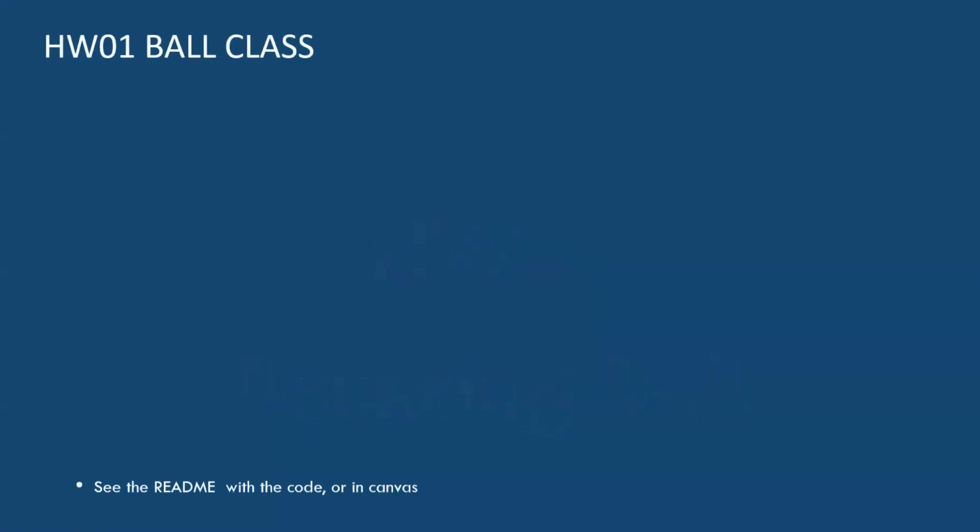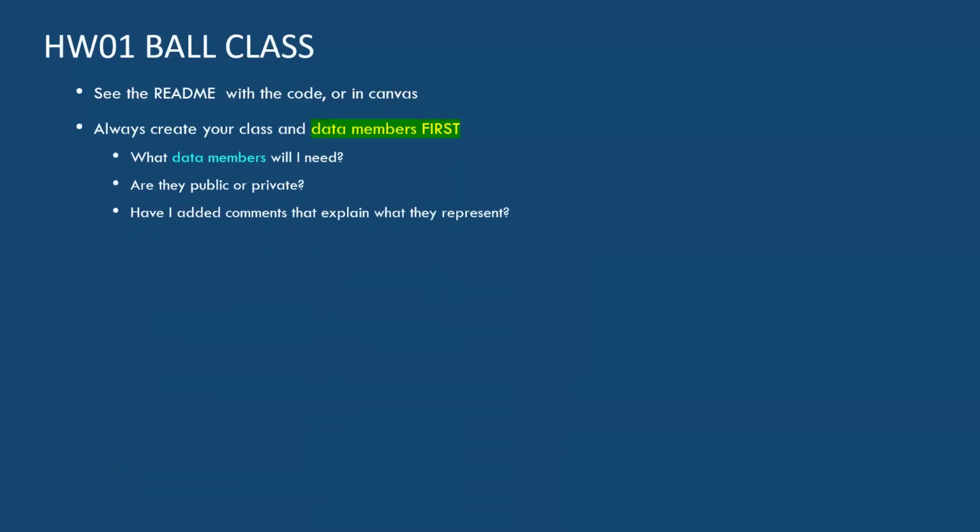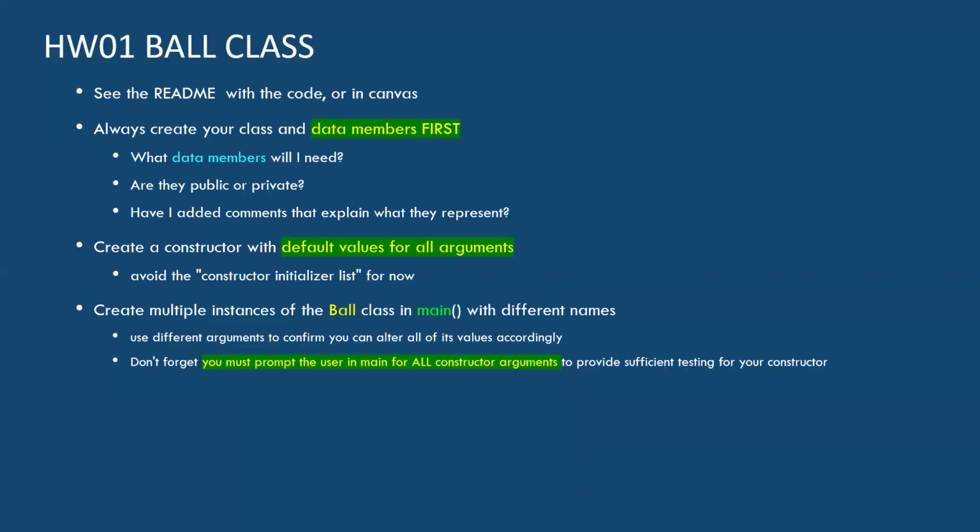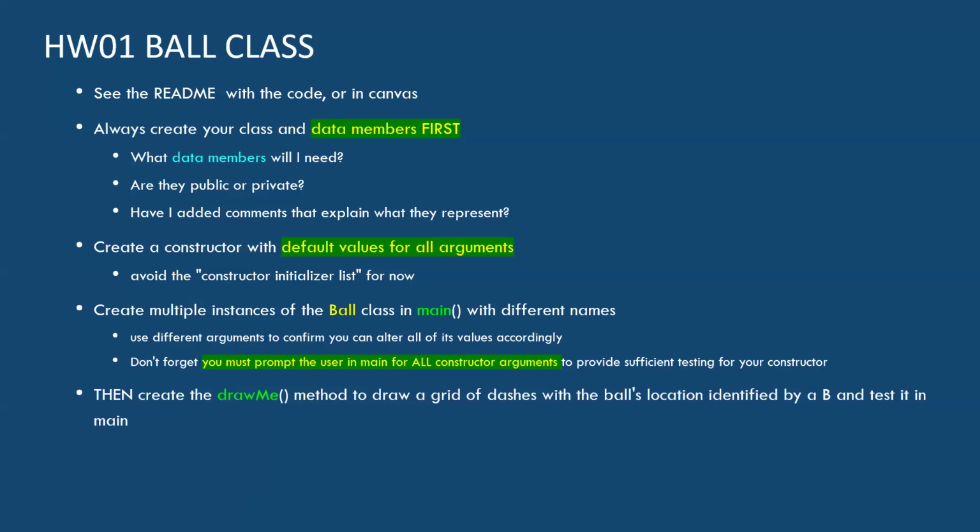Now, I know we talked about this, but just a reminder, this is due next week. So please do remember, and if you haven't started yet, just get your data members up there, right? That's the easiest thing. And then think about whether they're public or private, and just go from there. I won't go over this too much, but you should be able to create an instance of the ball, put it inside of a loop, and then call your two methods iteratively to get that thing moving around. Okay, so maybe we'll have some time to dig into that at lab on Thursday if people have questions. Okay.